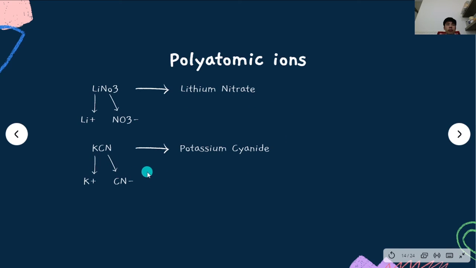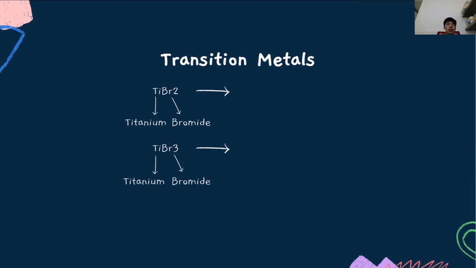The next example, we have KCN. K is known for potassium, and CN is the polyatomic ion known as cyanide. So KCN is potassium cyanide. So to name the ionic compound with polyatomic ions, we need to know the polyatomic ions. The next example is dealing with